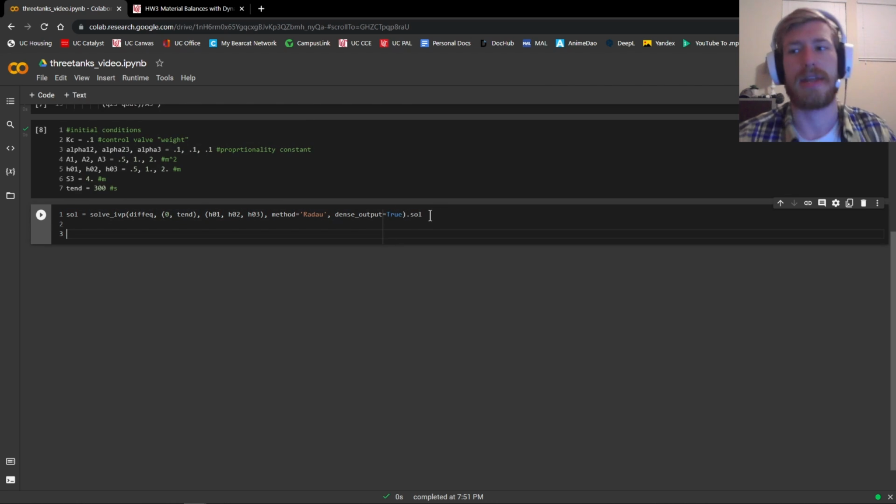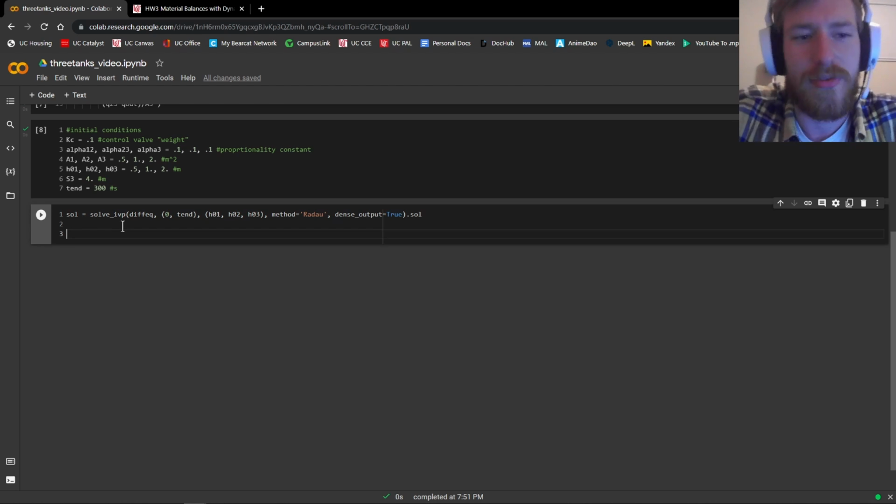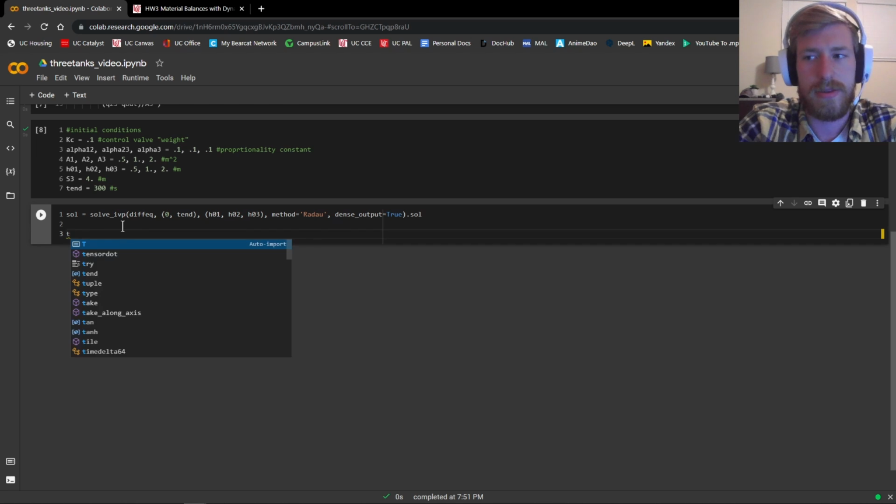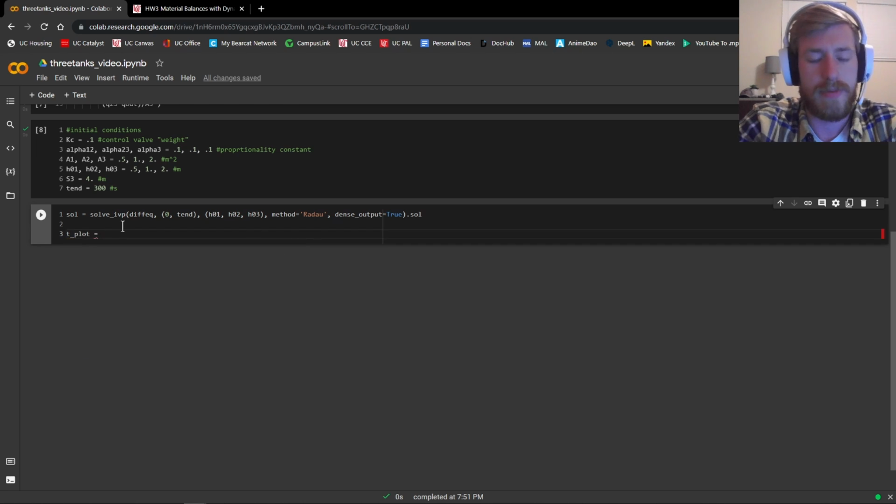Well, now we need to actually plot it. So I'll just do this in the same window and we'll recompute it a third time, and the wasted RAM will go into Google's pocket because it's not my problem. So what we're going to need to do is create a new set of x's or time intervals to plug into this solution that we've generated to graph the height of each tank over time, of course needing to feed time into that in order to get out any height at different intervals. So we're going to make t plot equal to